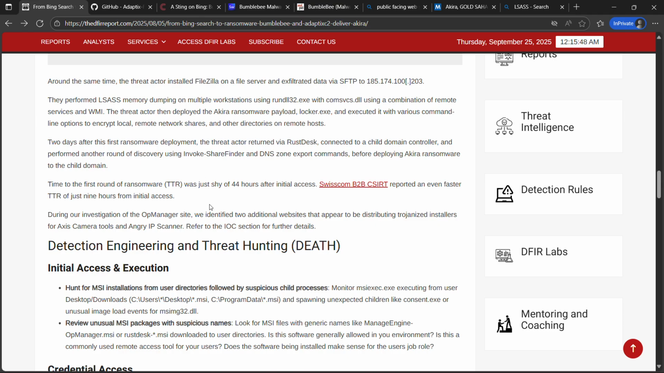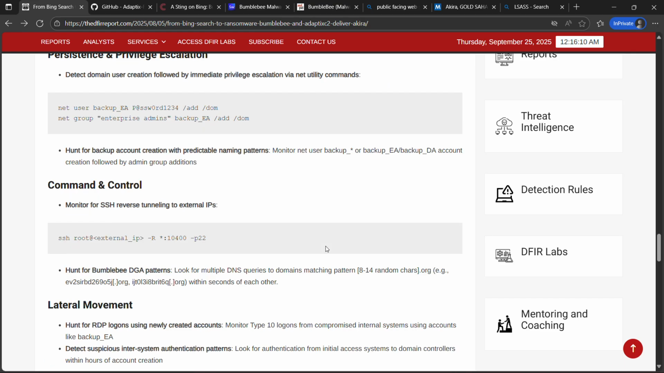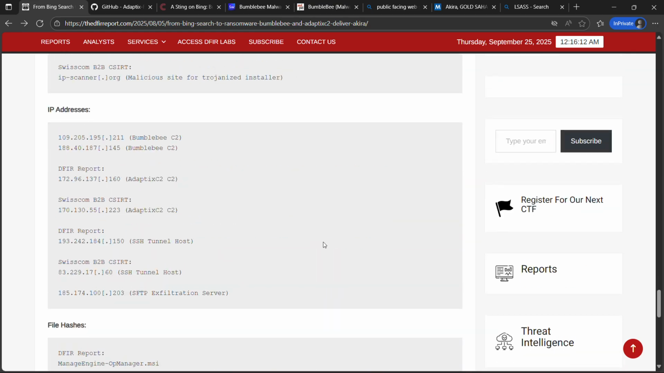During our investigation of the OpManager site, we identified 2 additional websites that appear to be distributing Trojanized installers for Access Camera tools and Angry IP Scanner. Refer to the IOC section for further details. Okay,